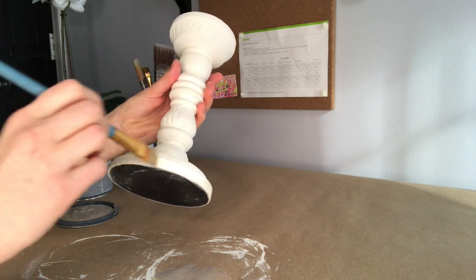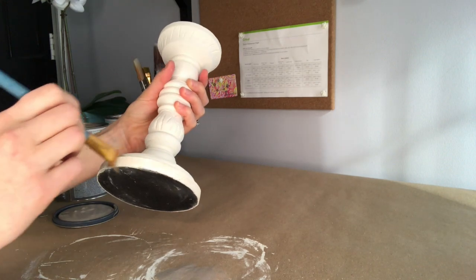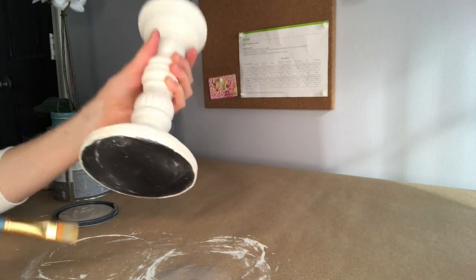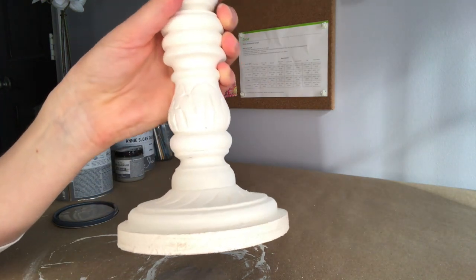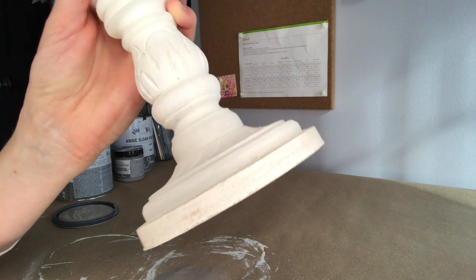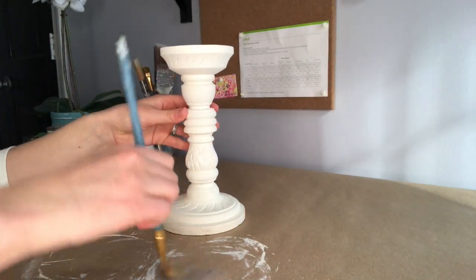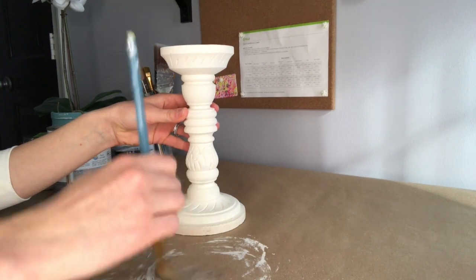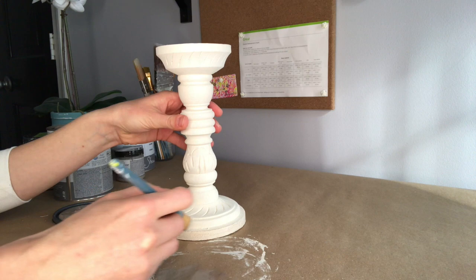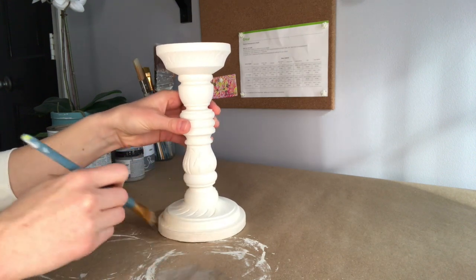And what that will do is it will pick up the parts of your piece that stick out more. So I'm going to try to zoom in. It's a little bit hard to see on camera, but it'll show better when I'm finished. So when I need more paint, I can use that little puddle I've created while that's still wet, and then keep going around